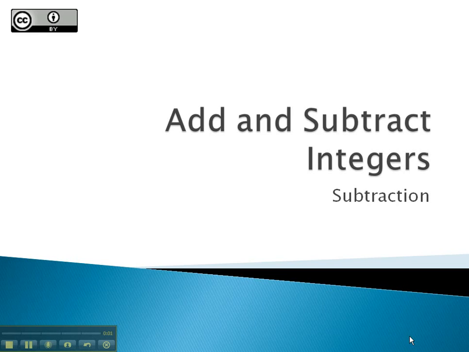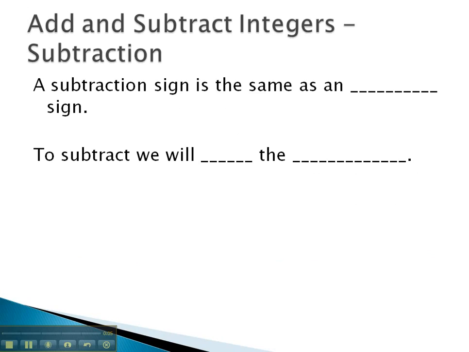In this video, we're going to take a look at how we can subtract integers. As we do, we want to remember that a subtraction sign, or the hyphen symbol, we have said is the same as two other things, negative and the same as an opposite sign. This idea that subtraction is the same as an opposite sign is going to be what makes subtraction so simple